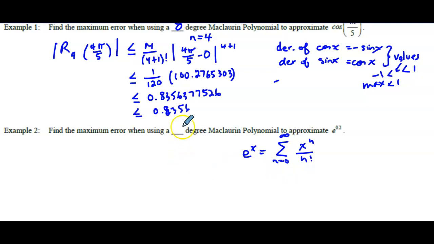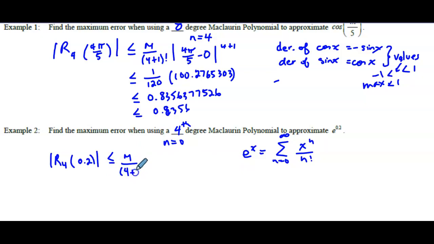And if we're looking for 4th degree, then that means n equals 4. So same R4, but now our value is 0.2. So 0.2 is less than or equal to m over